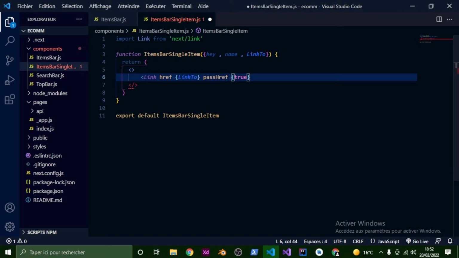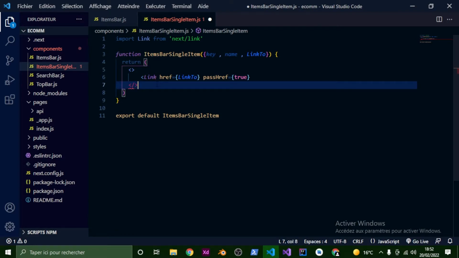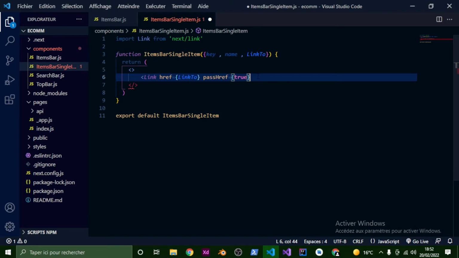We can use only Link because this is an internal routing. It's not external to some other server or another place. This is internal, so we can use the Link that Next gives us in this module right here. And to use Link, always remember you're always doing routing internally. If you're doing some external routing, you can use the normal anchor tag, which is the A tag, normal HTML. And I'm gonna